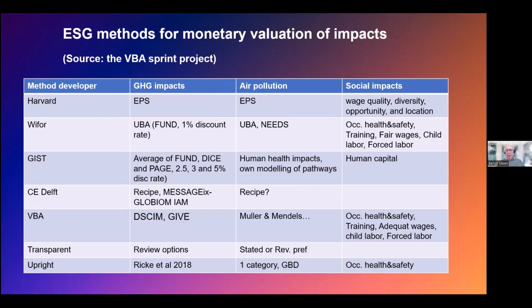They have different approaches to global greenhouse gas impacts and how you value them, and I can't go into detail, but it's interesting to see that a lot of things are really happening in this area. There will be a report from the Sprint project from the Value Balancing Alliance coming soon. A sprint is a process you use when you develop software. You collect a lot of people who contribute, so it will show what's really in people's minds, so to speak.